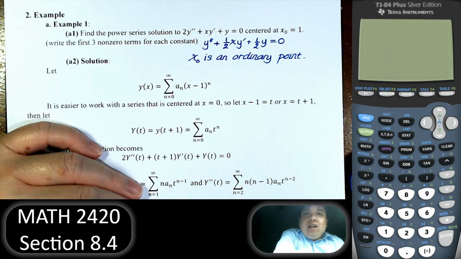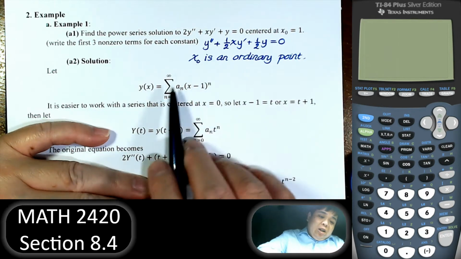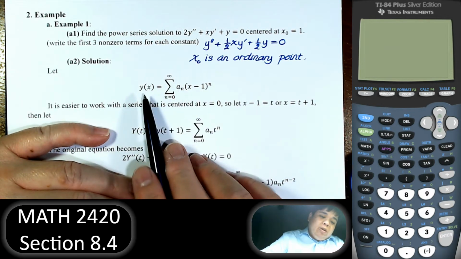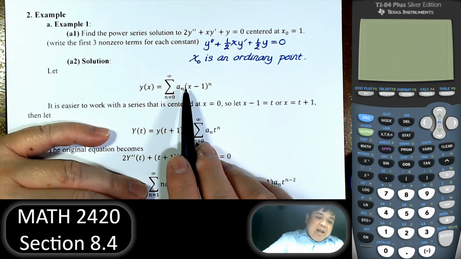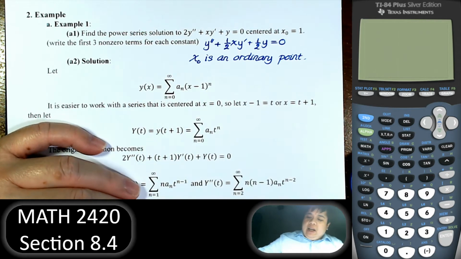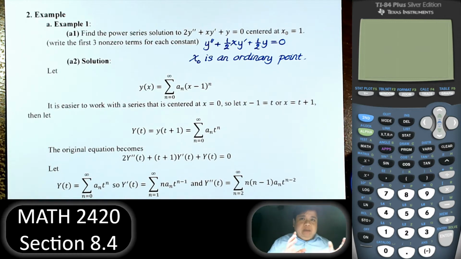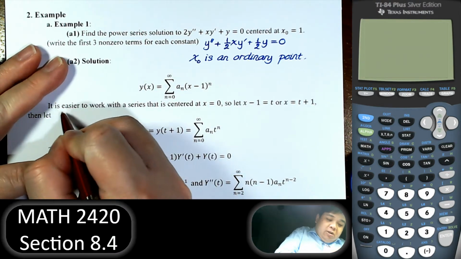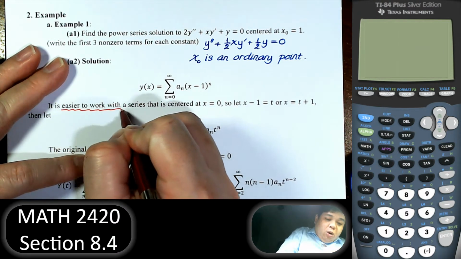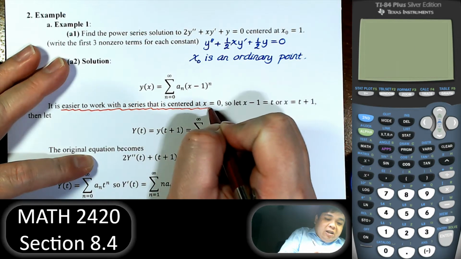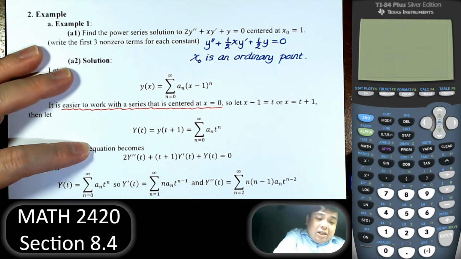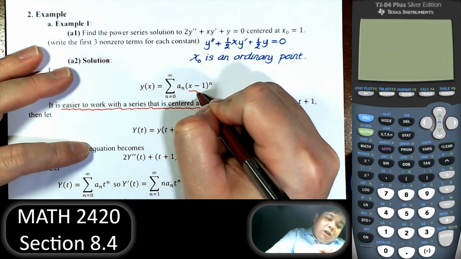Now, the center is at 1, so we can write the solution in this form. However, in terms of derivatives and other things, it will be a lot easier if we use the power series centered at 0. So it is easier to work with the series that is centered at 0. In that case, we let x minus 1 equal to t,